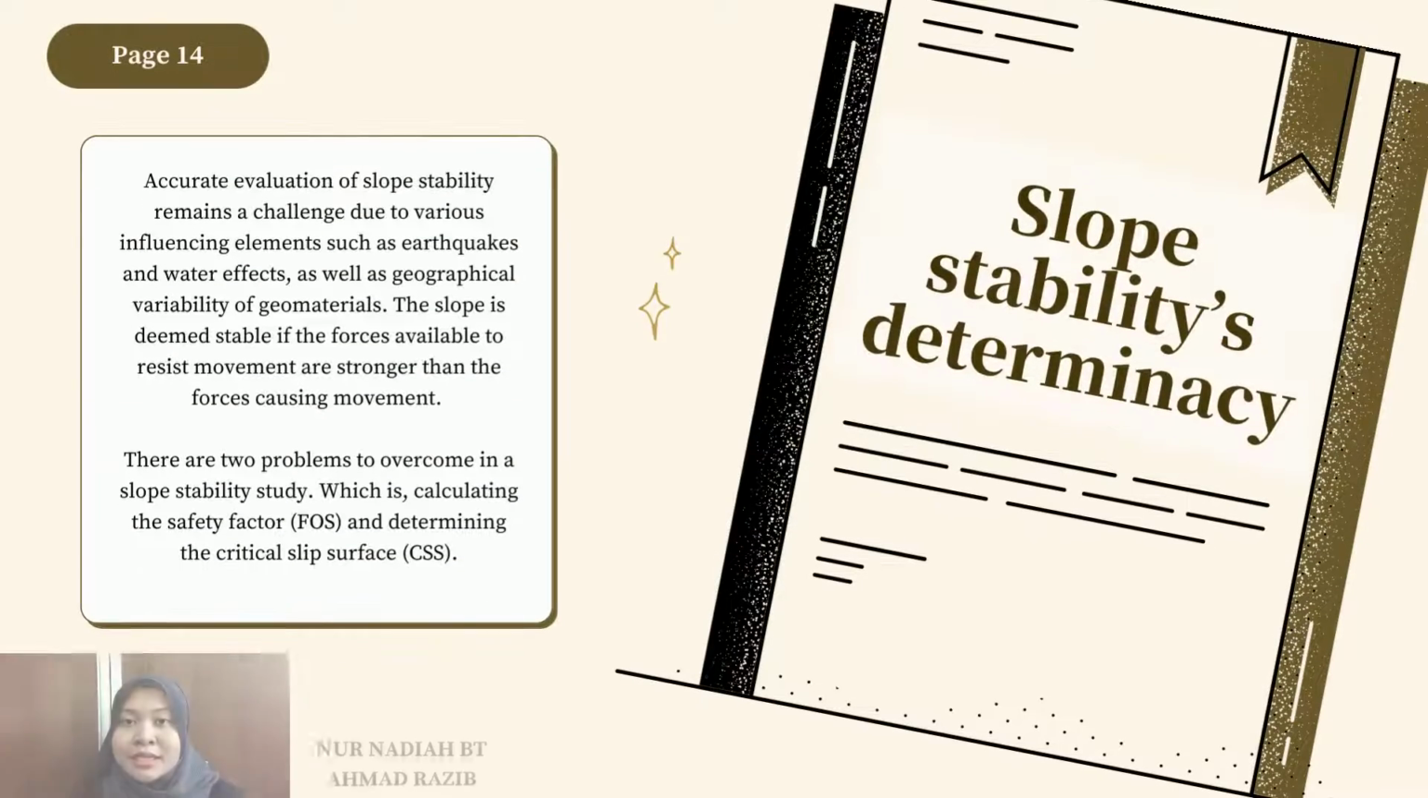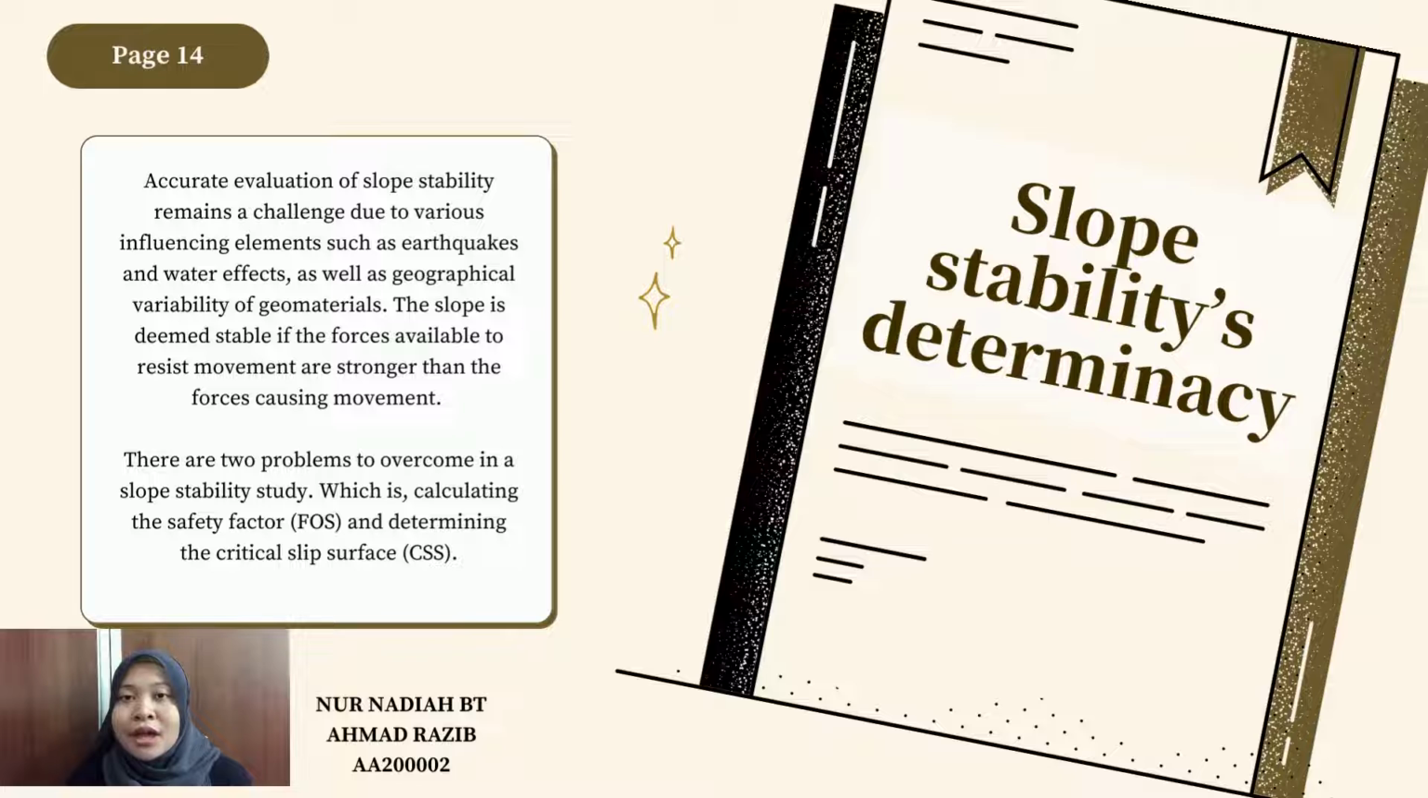For slope stability's determinacy, accurate evaluation of slope stability remains a challenge due to various influencing elements such as earthquake and water effects, as well as geographical variability of geomaterial. The slope is deemed stable if the forces available to resist movement are stronger than the forces causing movement. There are two problems to overcome in a slope stability study, which are calculating the safety factor and determining the